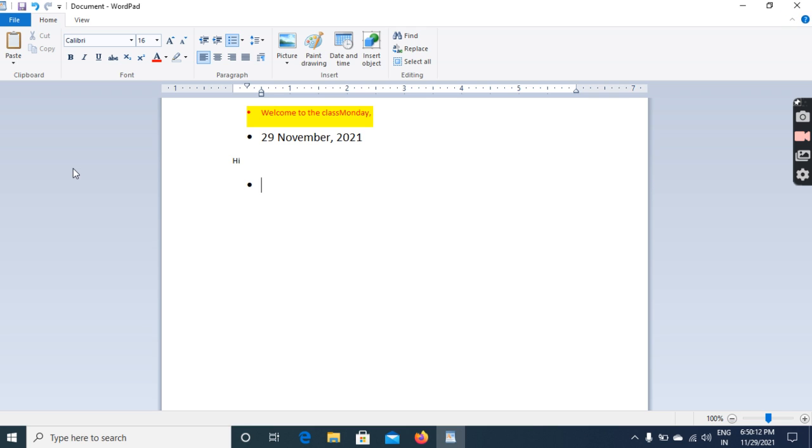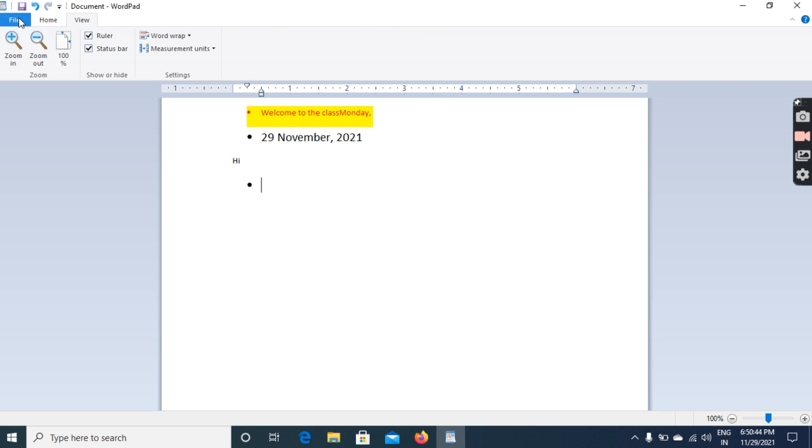Now we'll see the quick access toolbar. The quick access toolbar contains the buttons to do common tasks, whatever we require. By default, new, open, save, undo and redo commands appear on this bar. So undo, redo, open, save. These are the things which appear on this bar. We can also add commands to it as per our needs. Okay, we'll go to home.